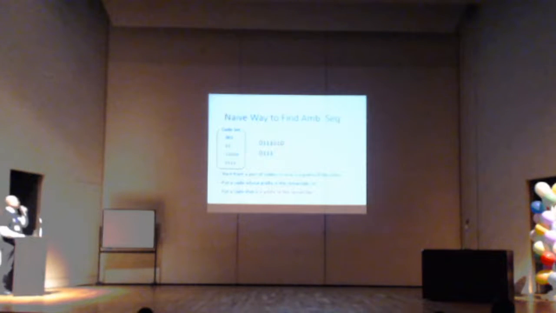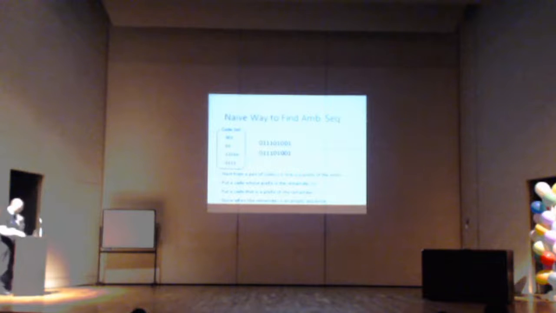And also, sometimes you can use a code in this way, where one code is a prefix of the remainder part. Repeating this, you may eventually get an ambiguous sequence. But actually, this naive process works, but it